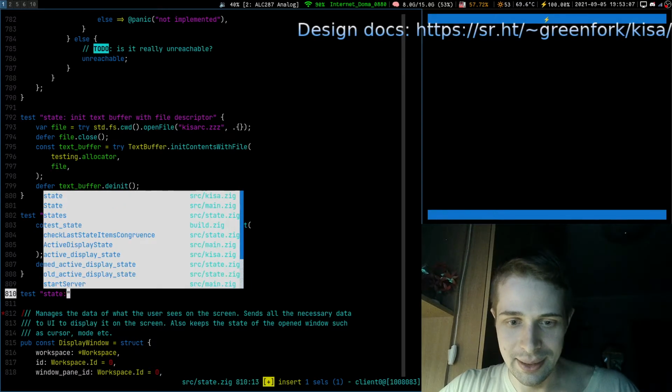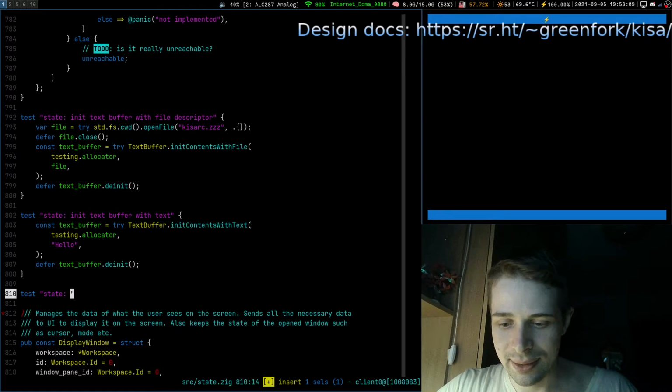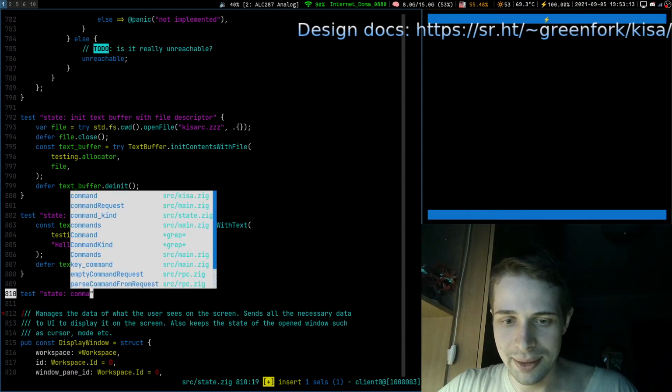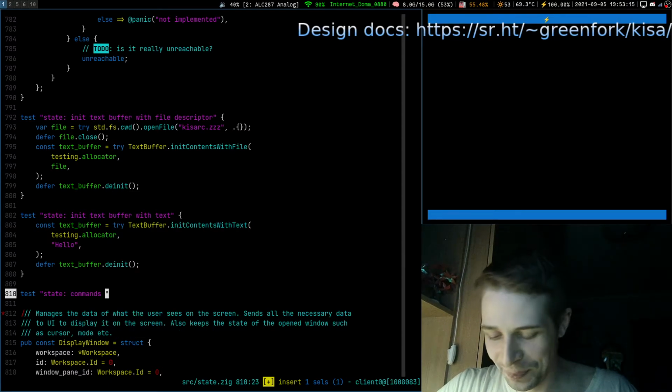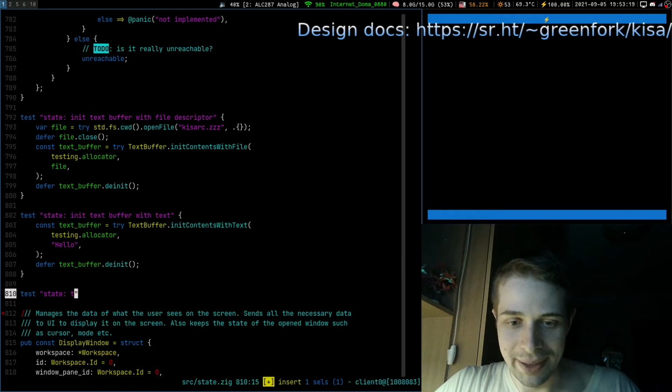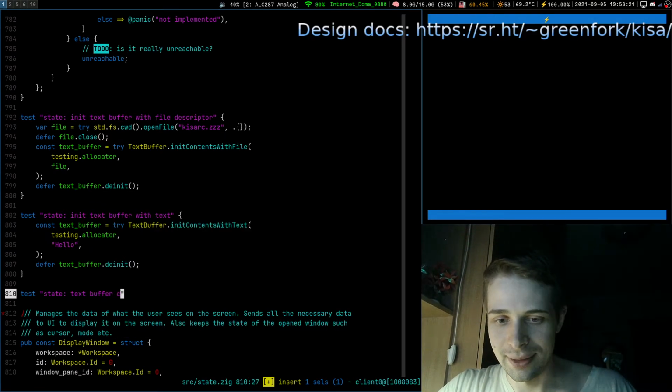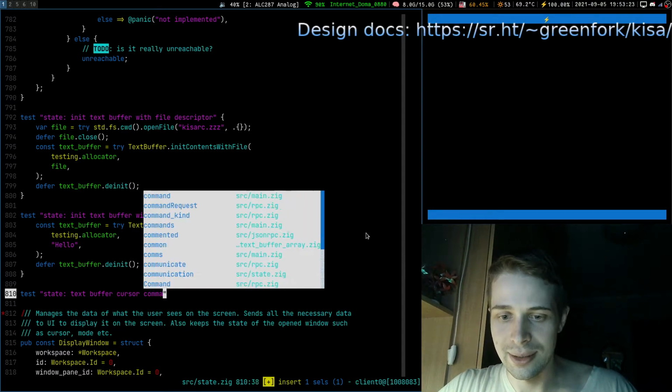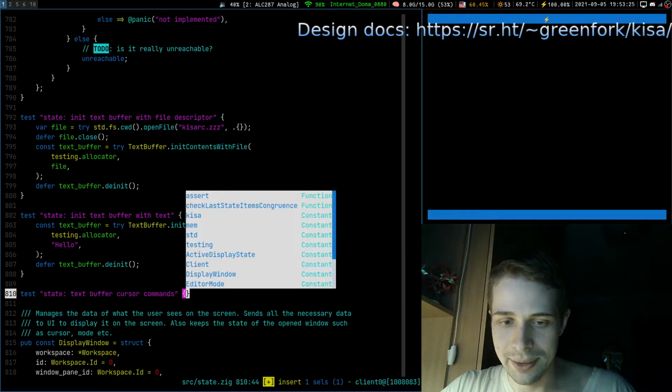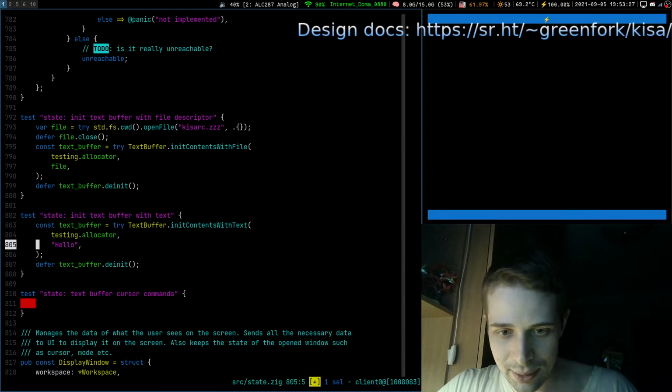Test state, and we say that these are text buffer commands, text buffer cursor commands. Let's put several cursor commands in the future here. So here we go.